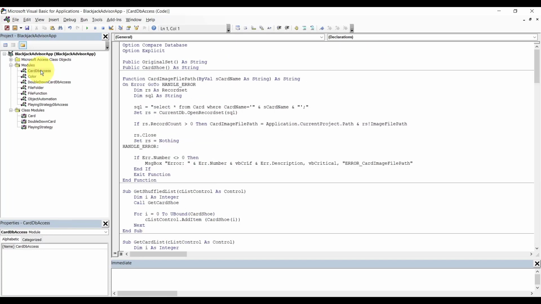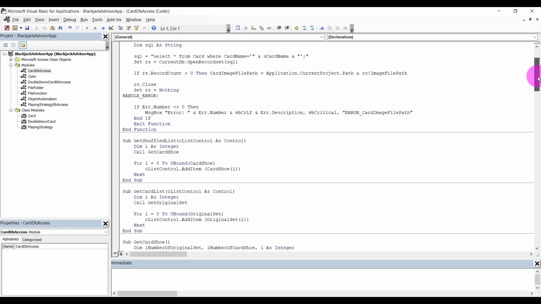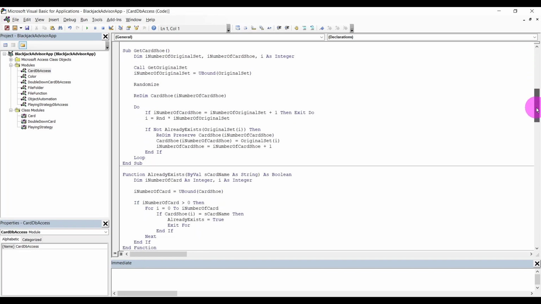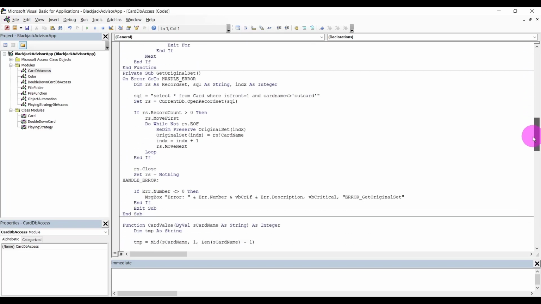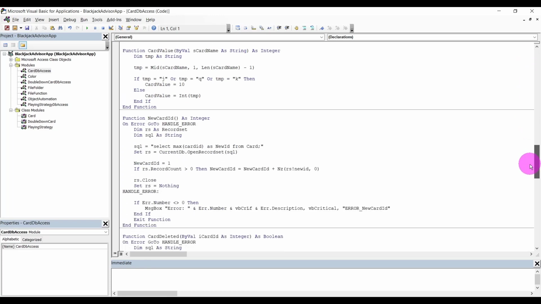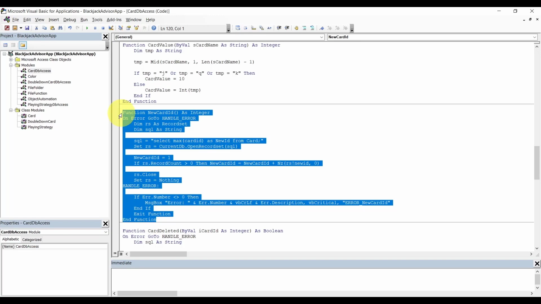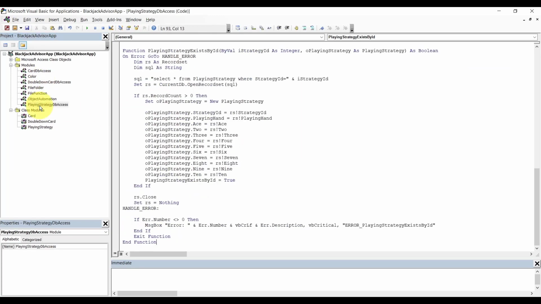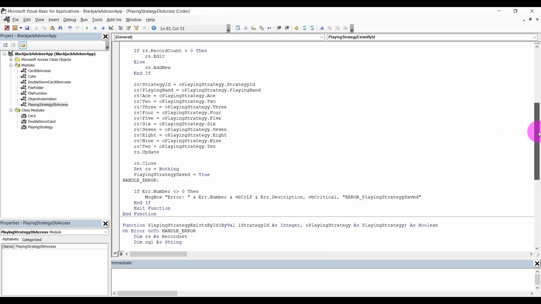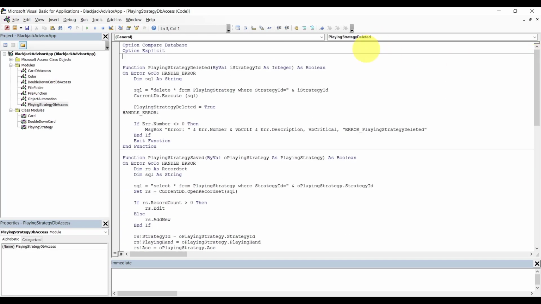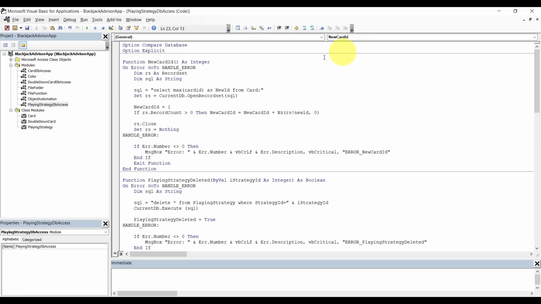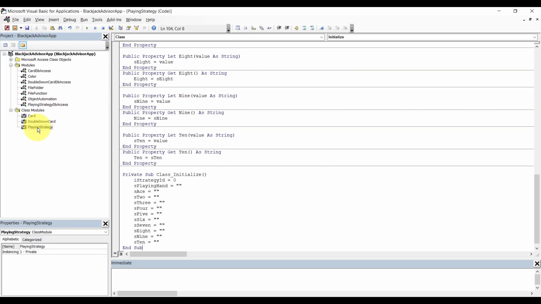Now the new ID is, keep going, card right there. I'm gonna copy this guy, copy, playing strategy. Let's put it way up here. Alright, and then go back to playing strategy, replace this guy with playing,